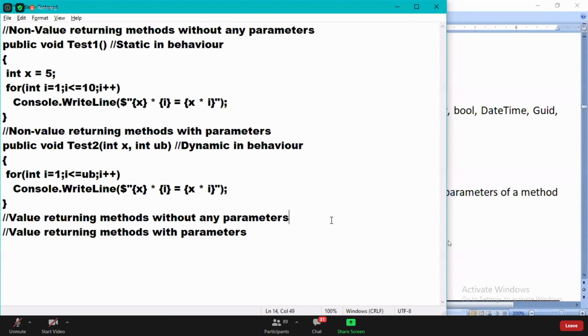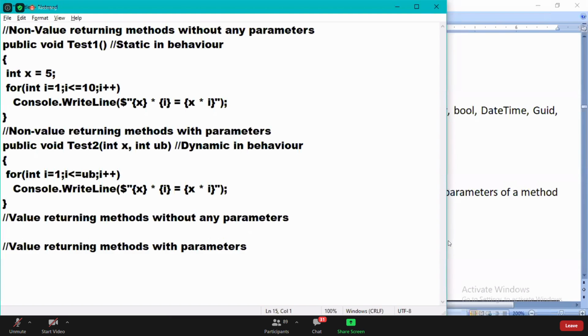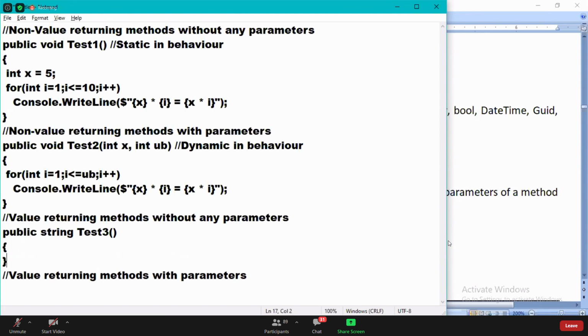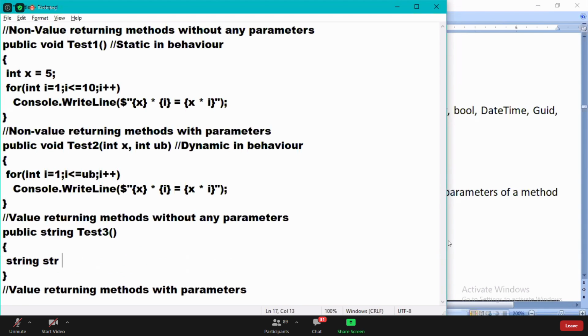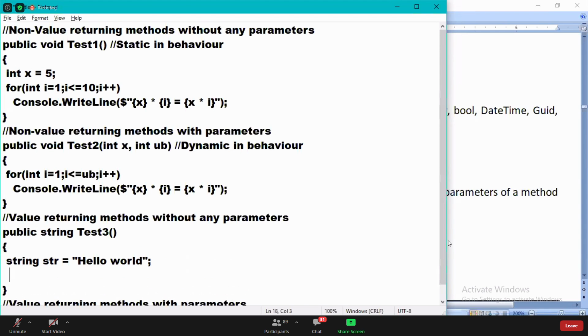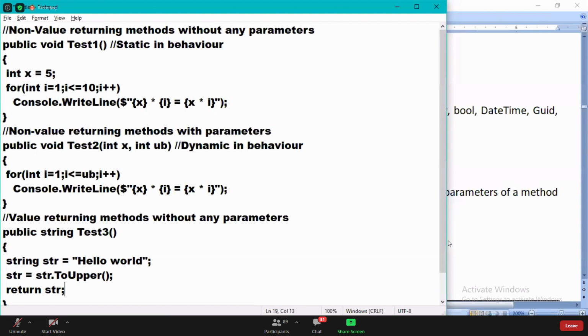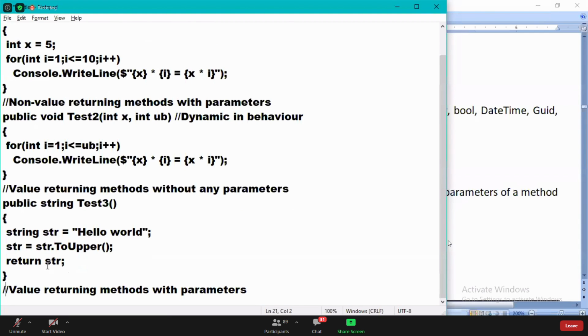Okay? A third example. Watch. Public string test3. String str is equals to hello world. I have a string like this. I want to convert the string into uppercase. Str is equals to str dot to upper, and I'll say return str. See, what this method is doing,